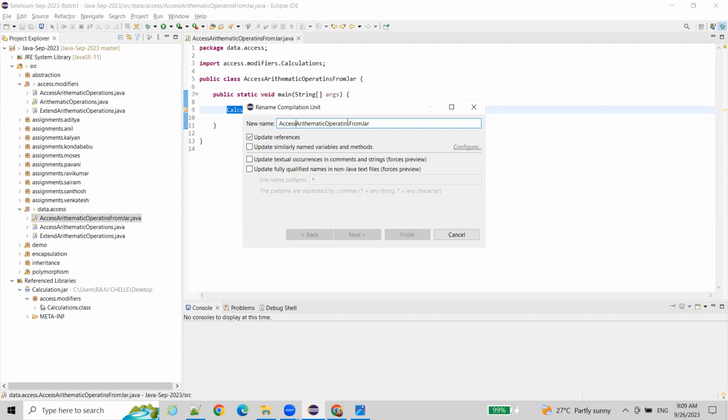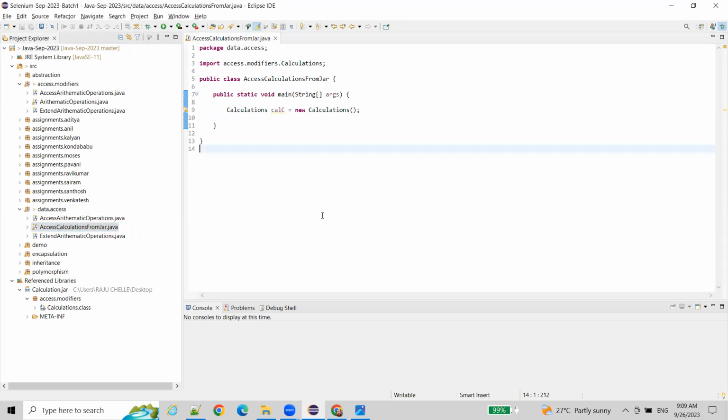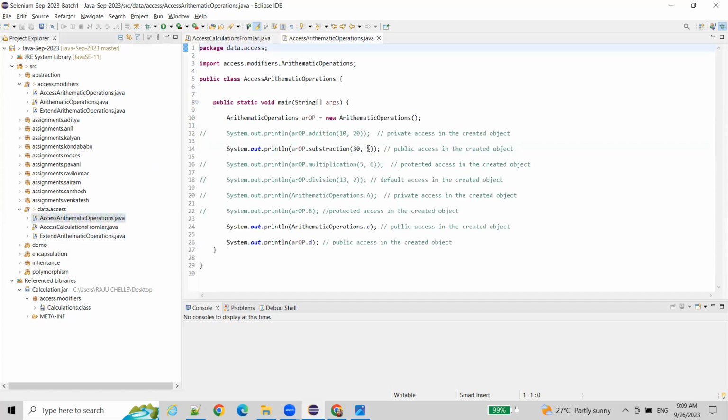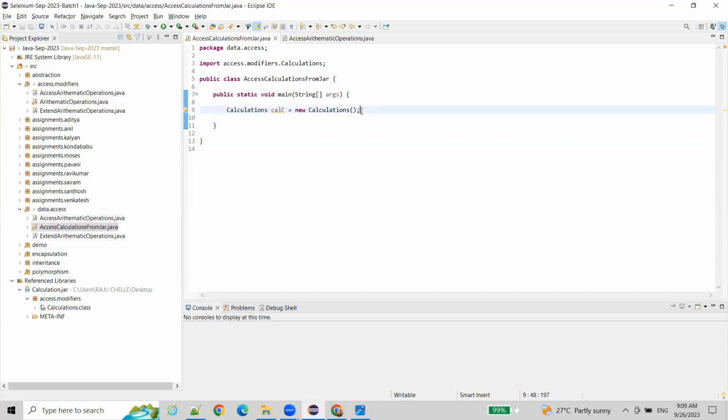Access calculator from jar. Calculations from jar file. Finish it. No problem. Access calculations from jar file. So now if you try to use all these statements in the calculations